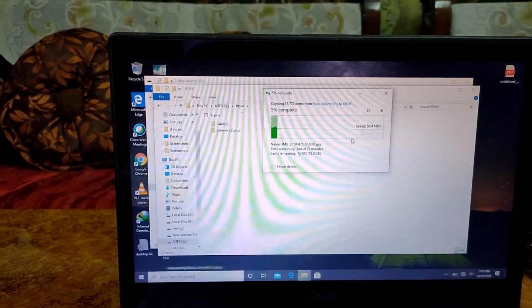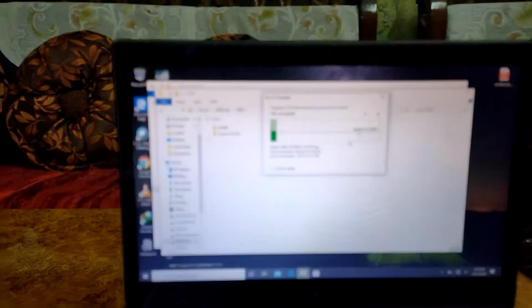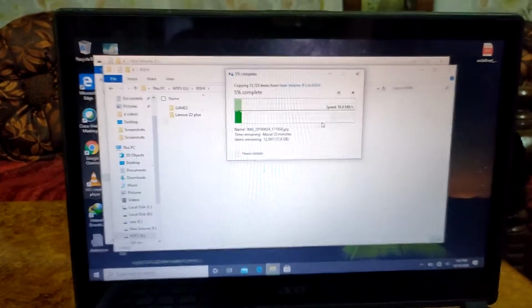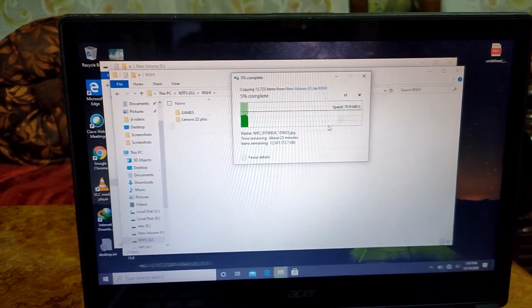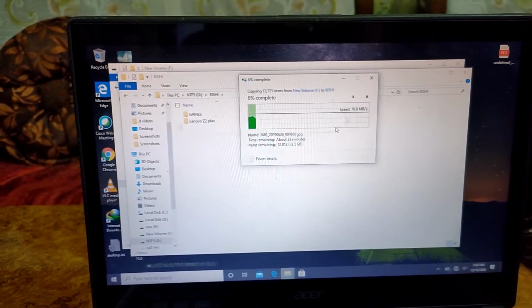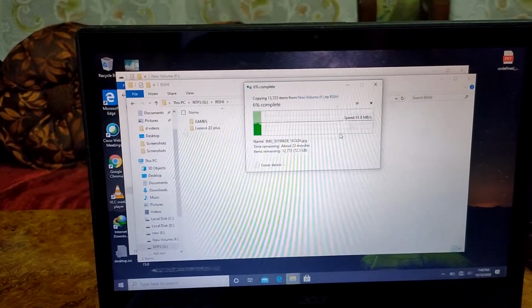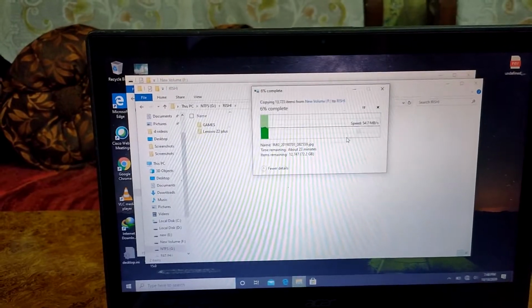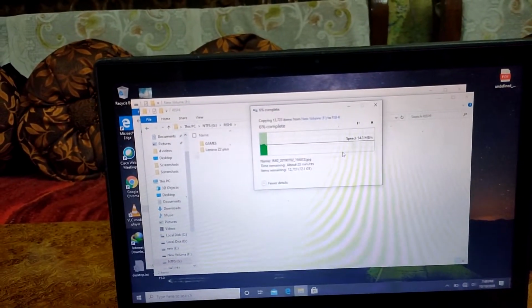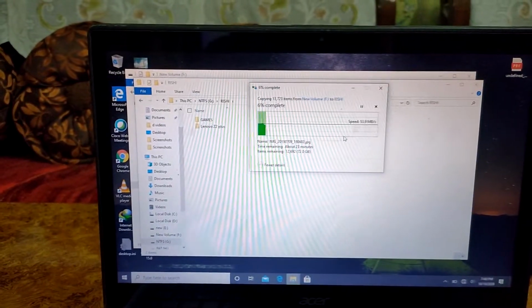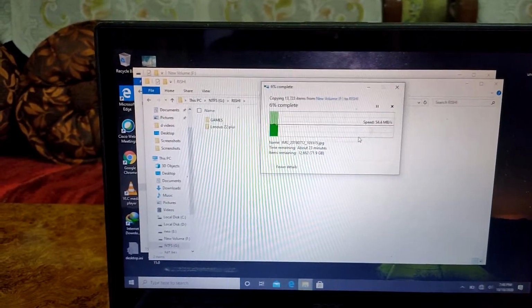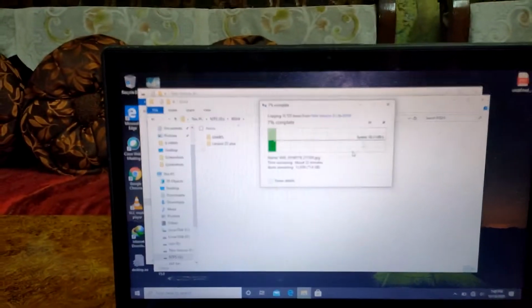Since I have to transfer a huge amount of files to the hard disk, I have elevated this on two pins. You can see we have made some desi jugaad to elevate it, since it gets pretty heated when you use it for a long time, and I certainly have to, because I have to transfer around 500 GB into the drive.